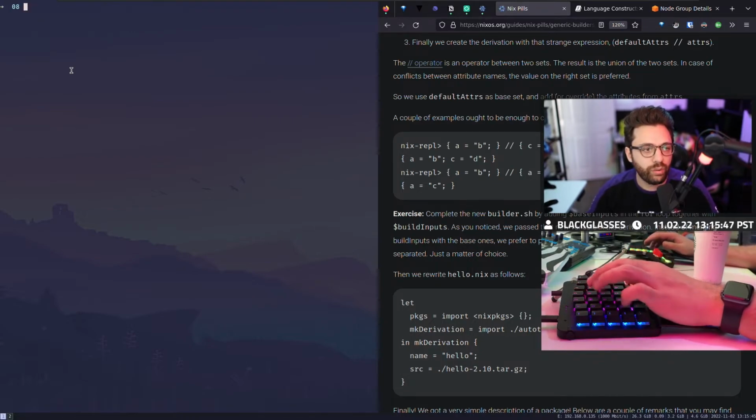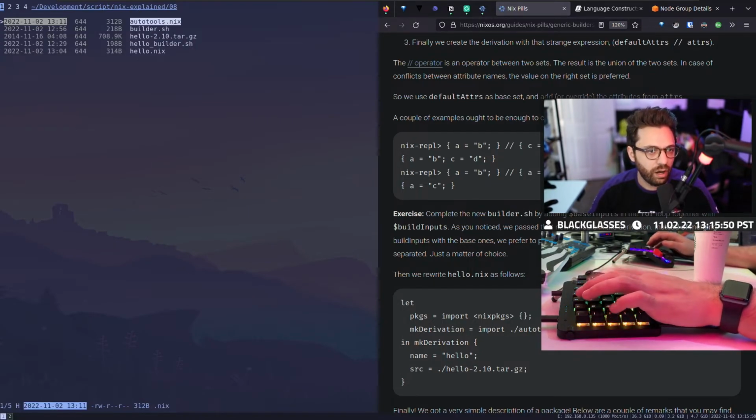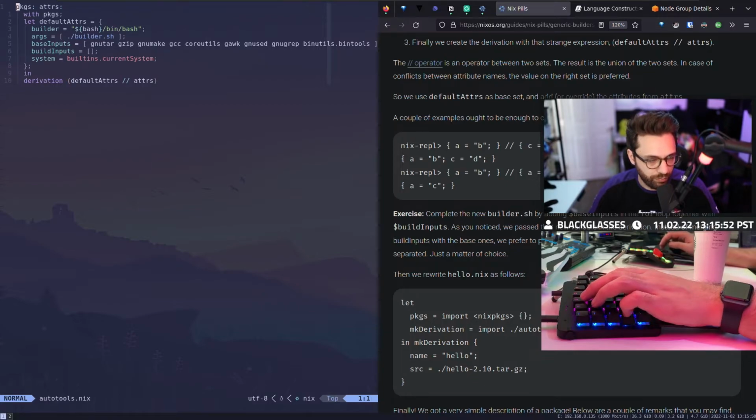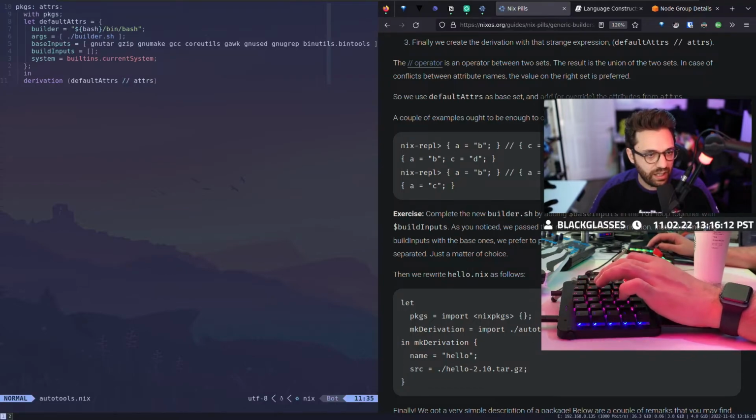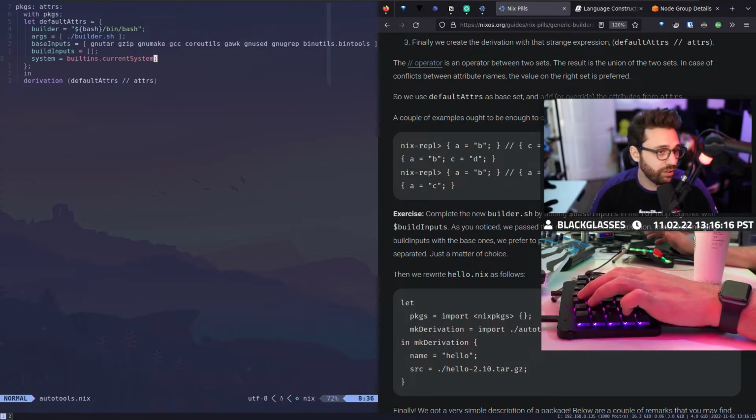And so what we're doing in this autotools.nix function essentially is we're saying, hey, we got some default attributes right here. Cool. And we want to use those by default. However, if I pass in the parameter attributes, which should also be a set, then I'm going to merge left anything that's in attributes over default attributes. That means that anything else here should exist.